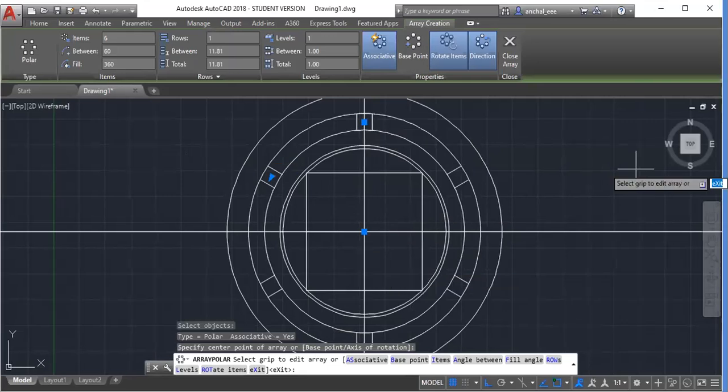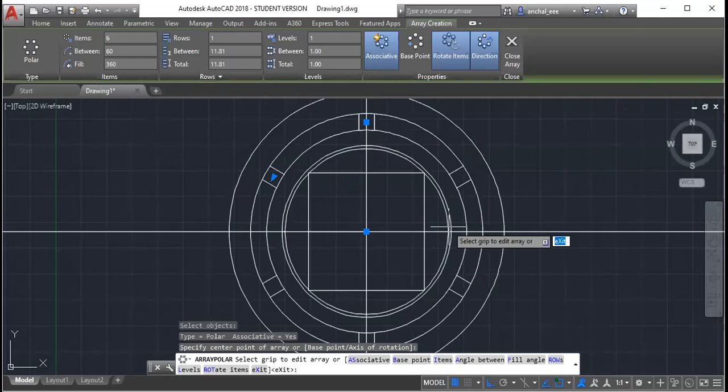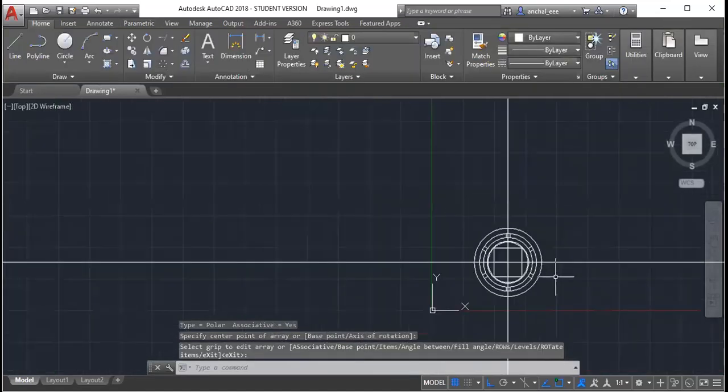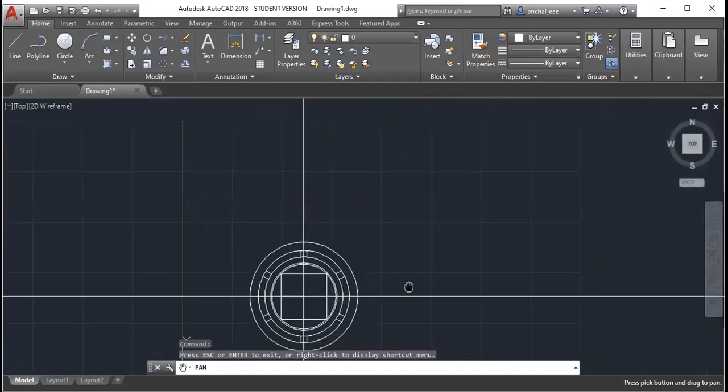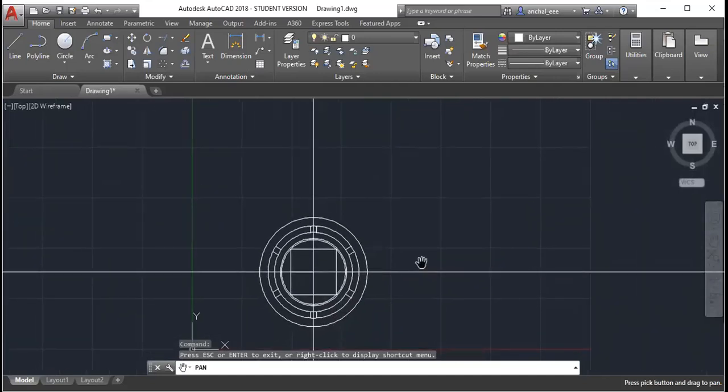They have not mentioned how many wooden pieces you should put. By default, it is coming as 6. So I will leave it as 6. If you want to put 8, you can do the number of items as 8. If you want to reduce it to 4, you can reduce the items to 4. It's up to you. Okay. So this is what we have done. Now our core is ready. Anybody having doubt here? No, ma'am. Okay, so you have drawn the core of the transformer.